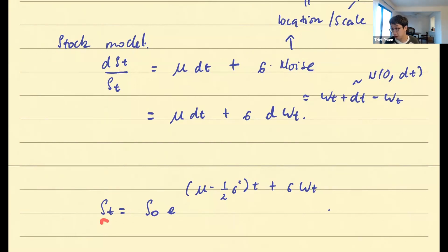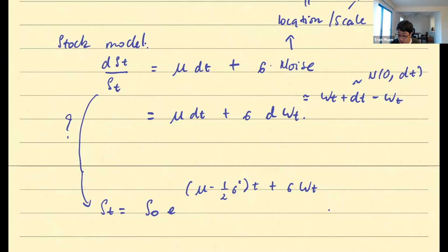But for other reasons, we definitely want direct access to the stock price. For example, pricing an option. An option is not an object that's priced upon the returns. An option is an object that's priced upon the stock price itself. So therefore, if you don't have direct access to the stock price, pricing an option is going to be awkward, or actually much harder. So the link between here and here is the question: how to go from here to here.